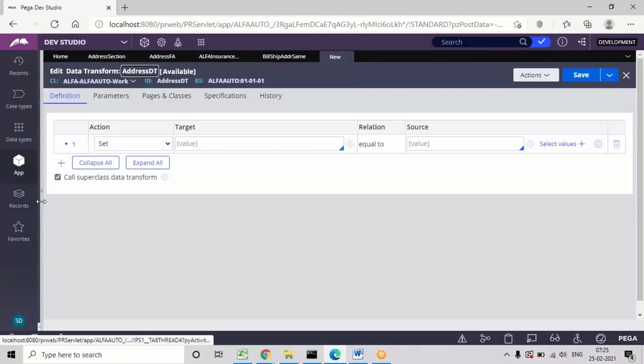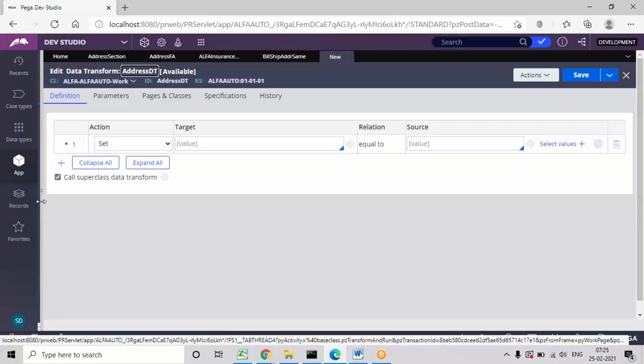See, data transform contains steps. Here also, like in activity, we have step 1, step 2, step 3, right? So in data transform also we can add steps. How many functions are required in your scenario? That many main steps and child steps we can add. In activity also, yesterday I showed you how to define child steps, right? In activity, we define child steps only when you define loop conditions. But here, based on the type of function, sub steps are created automatically.